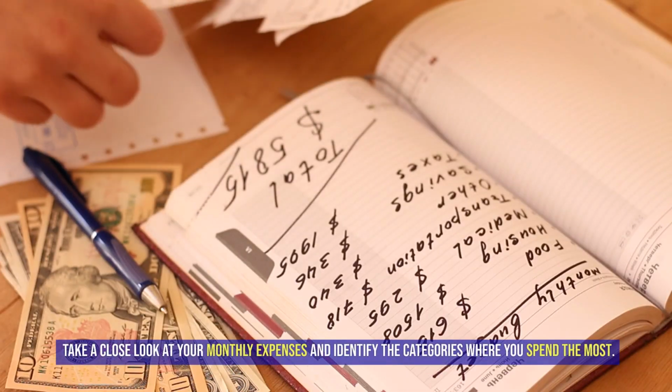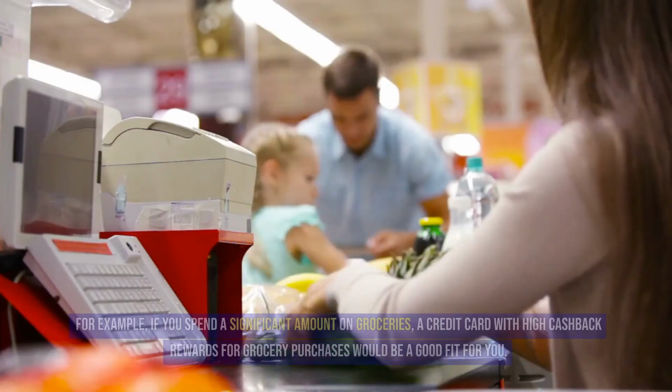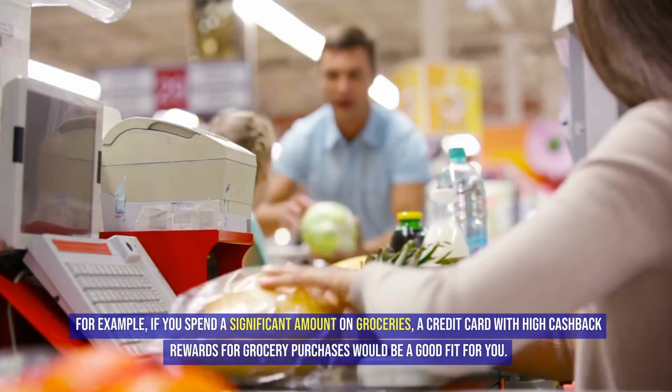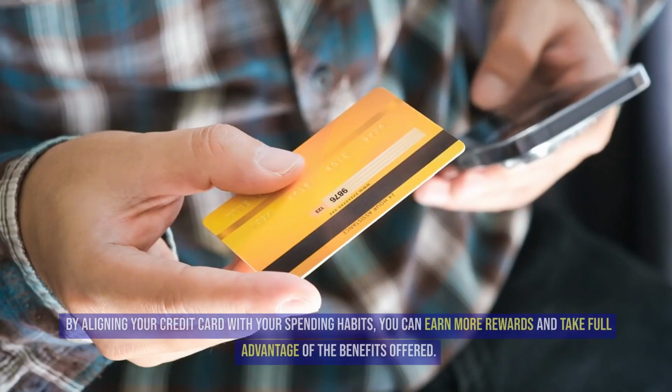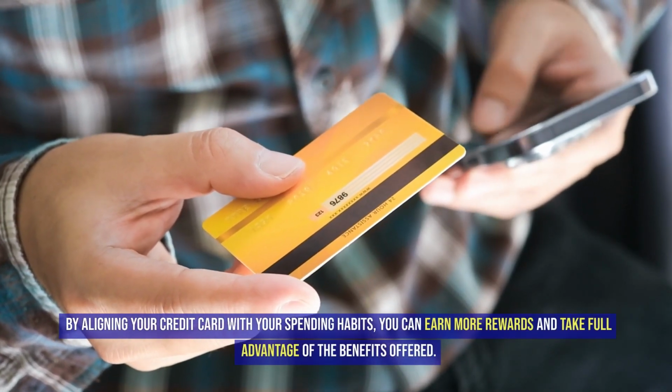Take a close look at your monthly expenses and identify the categories where you spend the most. For example, if you spend a significant amount on groceries, a credit card with high cashback rewards for grocery purchases would be a good fit for you. By aligning your credit card with your spending habits, you can earn more rewards and take full advantage of the